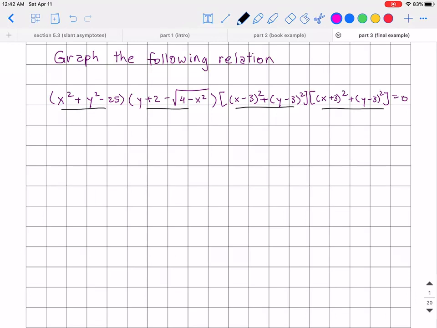The first factor, we have x squared plus y squared minus 25 is equal to 0. That has to be true because, remember, again, of the 0 factor property. If we clean up this equation a little bit, this might look a little bit more familiar to you. That's x squared plus y squared is equal to 25. And this tells me that the graph that I'm trying to graph right here is going to be a circle of radius 5